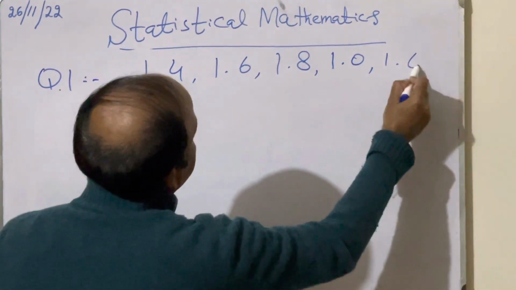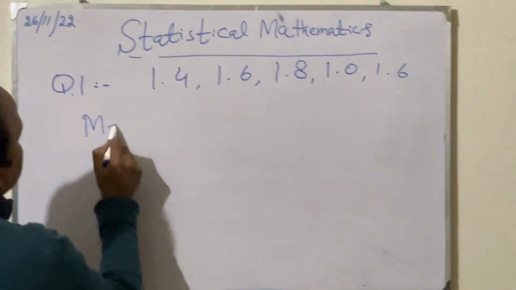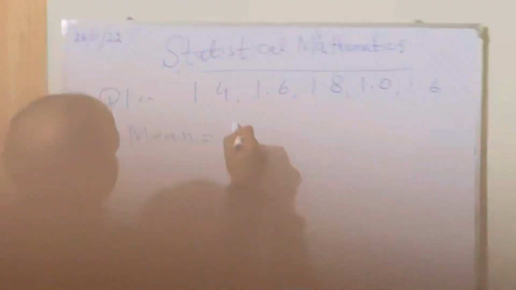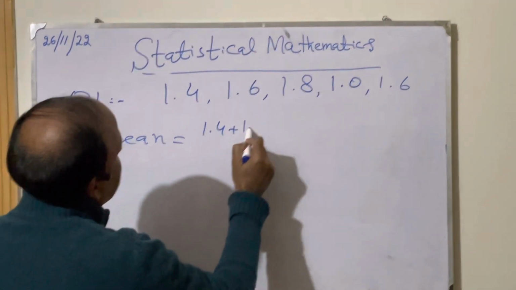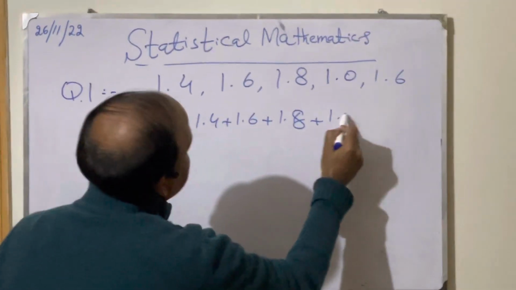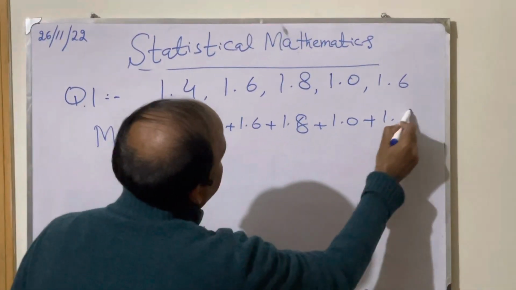1.0 and 1.6. So when it comes to the mean of decimal numbers, again, mean is sum of numbers divided by number of numbers. So 1.4 plus 1.6 plus 1.8 plus 1.0 happens to be 1 now. So 1.6 and again